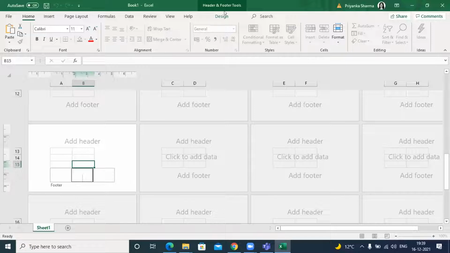Okay, Pankaj, what does the footer do? Sometimes when you are printing some documents, what exactly would you put in a footer? Let's say page numbers or any information that you want on the bottom right of your page. You can add a footer there to add page numbers or any kind of information. Some people will put the date and name of the company in the header. In the footer, they will put the page numbers, right? This is what you can do.